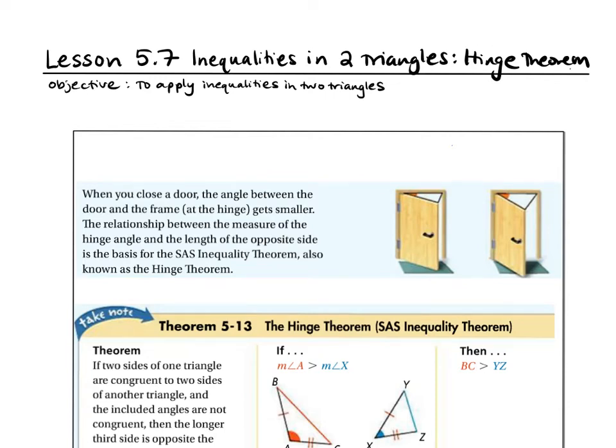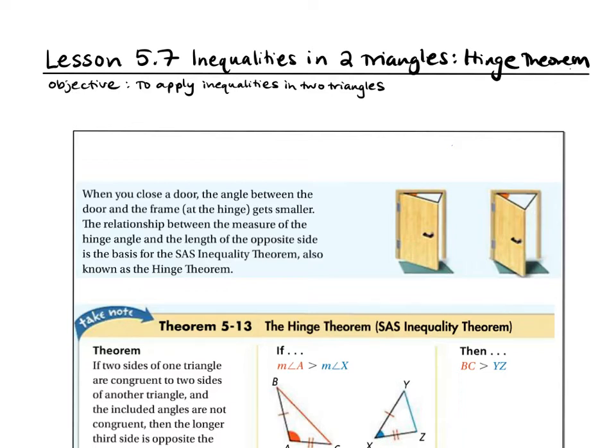All right, here is your really quick lesson 5.7, inequalities in two triangles, or the Hinge theorem. The objective is to apply inequalities in two triangles. So in 5.6, we talked about comparing inequalities in one triangle, right, by using the angles opposite the sides and comparing them. But if you have two triangles that have some similarities in them, you can also